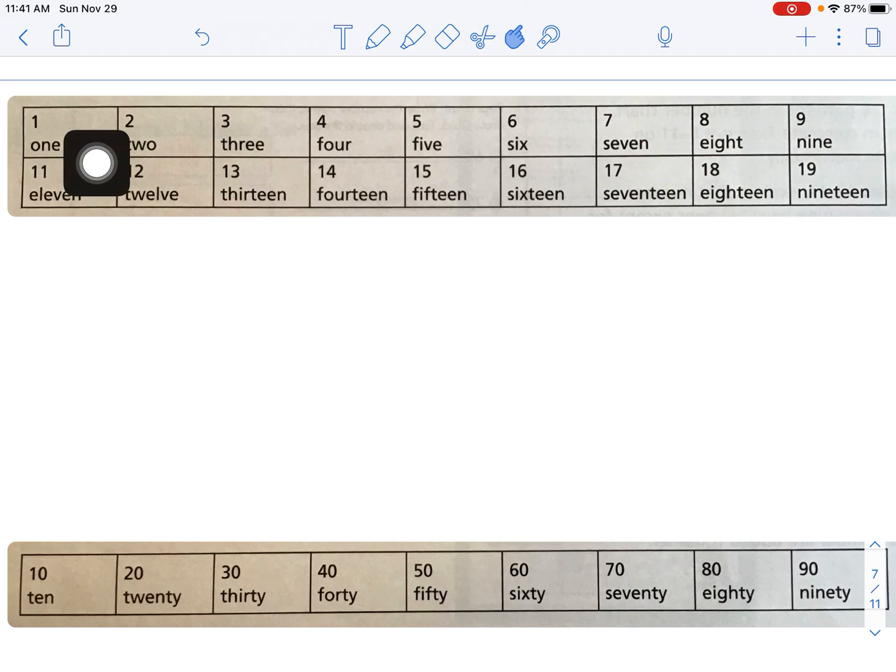You can see my numbers 1, 2, 3, 4, 5, 6, 7, 8, 9. Okay, now let's look when I make them into teen numbers. Look what happens. 11, 12, 13, 14, 15, 16, 17, 18, 19. Now I know that you have all heard these numbers, mathematicians, and you've looked at these numbers, but you might